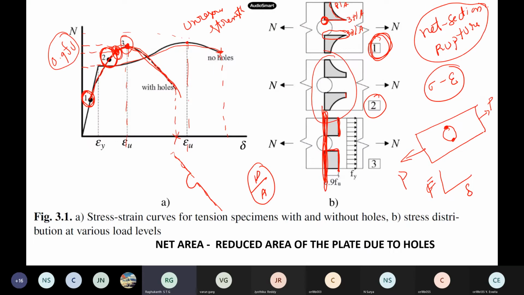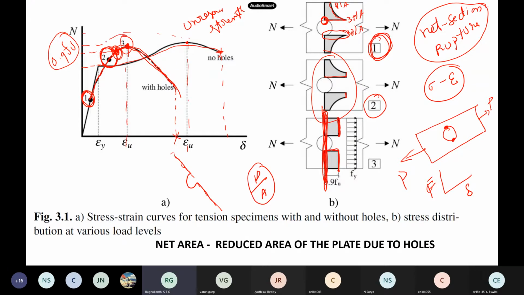Then another type of failure we discussed was a plate with a hole. This is also very important. When you have a plate with a hole and you draw the stress strain curve, sigma versus epsilon, the behavior of the same steel section, which is highly ductile, will show a different kind of phenomenon. As we said already, here the stress is 3 times P by A, and slowly the stresses get redistributed, the whole section plastifies, and suddenly you will see this type of rupture.